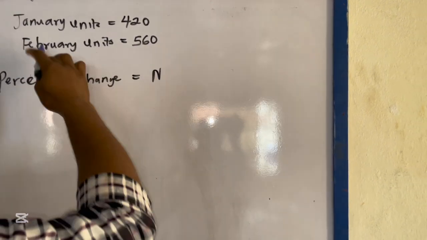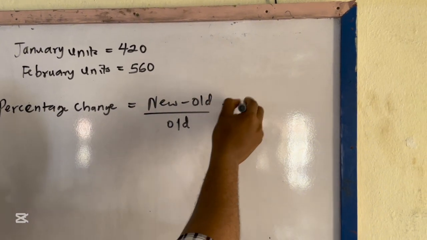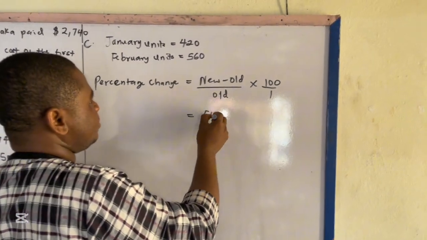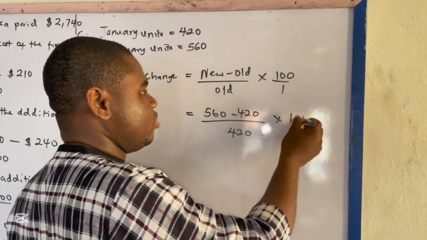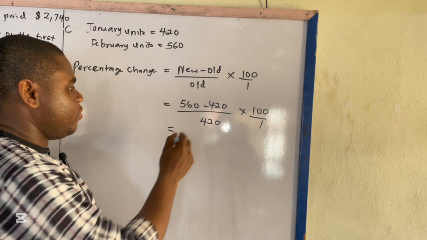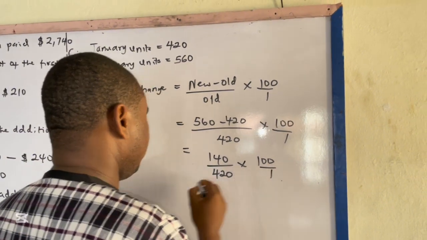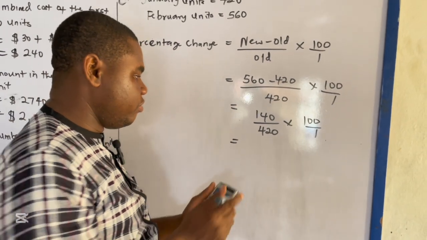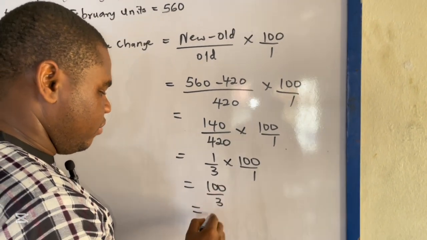that will be the new one for February minus the old one divided by the old one times 100 over 1. So for the new one, we have 560 minus 420 over 420 times 100 over 1. So we have 560 minus 420, that will give us 140 over 420 times 100 over 1. So 140 divided by 420 will give me 1 over 3 times 100 over 1. So 100 divided by 3, that will give us